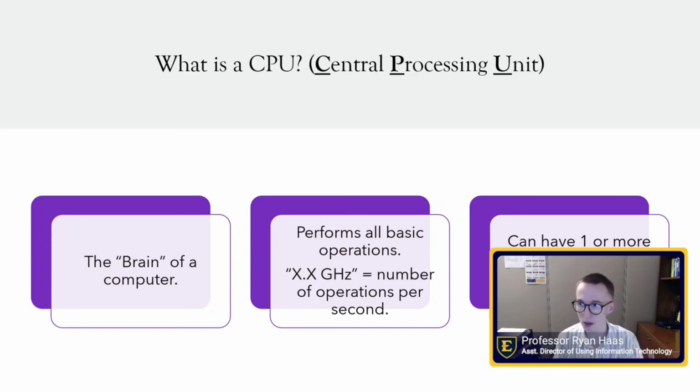That's 1 billion operations. So for some perspective, my 2018 kind of mid-tier Intel Core i3 processor had 4 cores, and I think it clocked around 2.4 gigahertz, 2.4 billion instructions. That allowed me to have a fair amount of Chrome tabs open and use Word and Excel. But if I wanted to play one of the latest first-person shooters, I was going to have a problem. And that's where I'm about to talk about graphics.